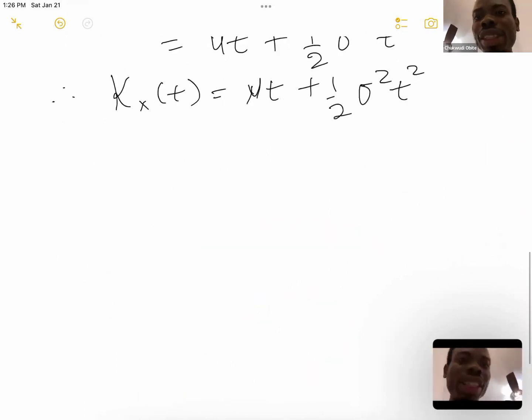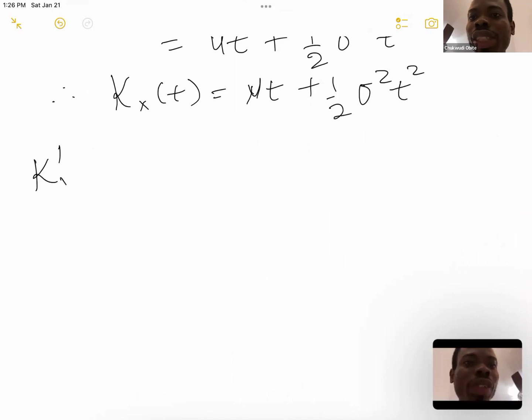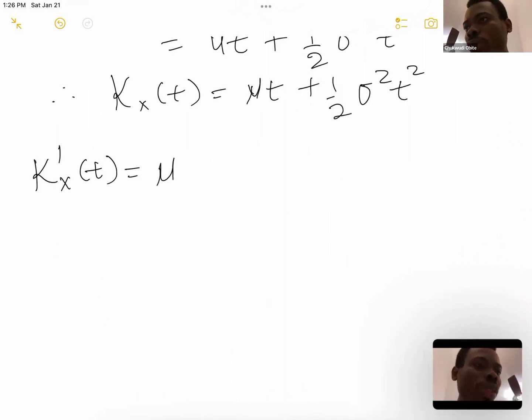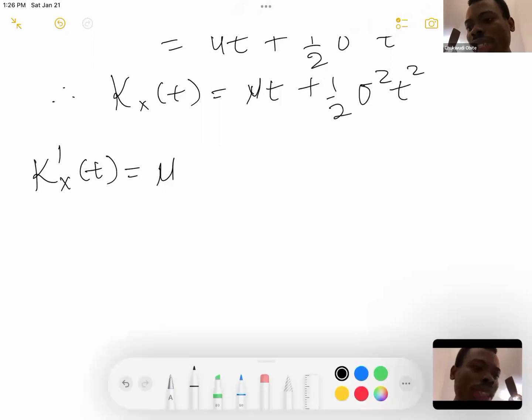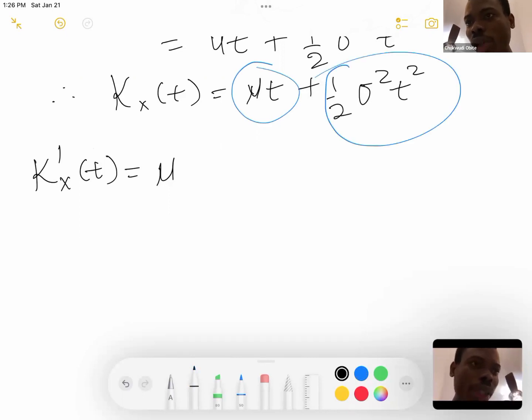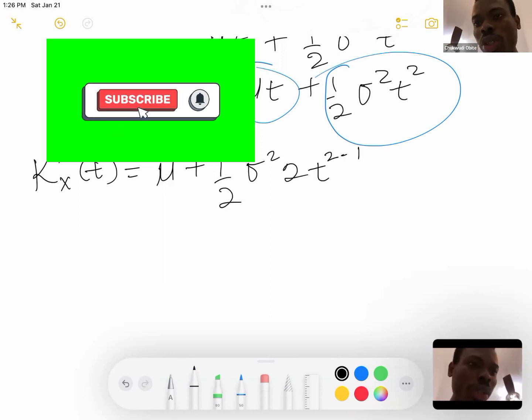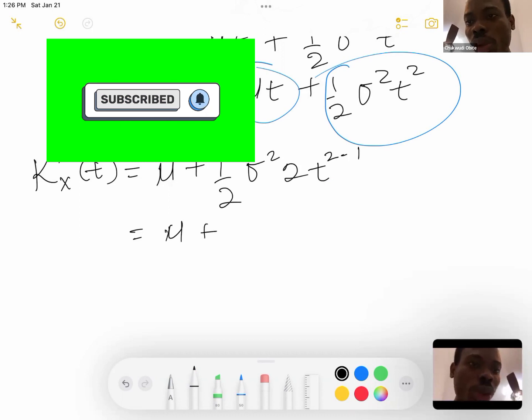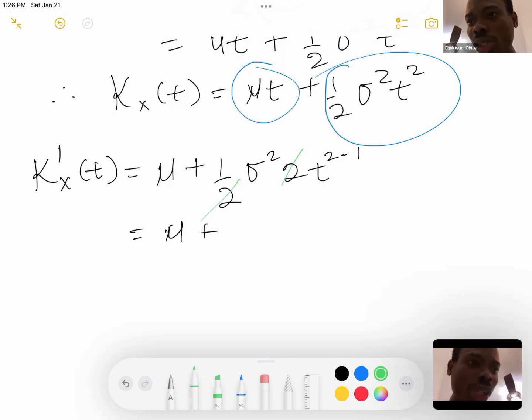So let's differentiate. Let's get the first cumulant. To get the first cumulant, you differentiate the cumulant generating function once. If you differentiate this with respect to t, you will get mu. If you differentiate mu t, you will get mu. If you differentiate the second object we have there, with respect to t, you bring down the power, which is 2, and subtract 1 from the power. So this will give us mu plus, so 2 will cancel out 2, we'll have sigma square